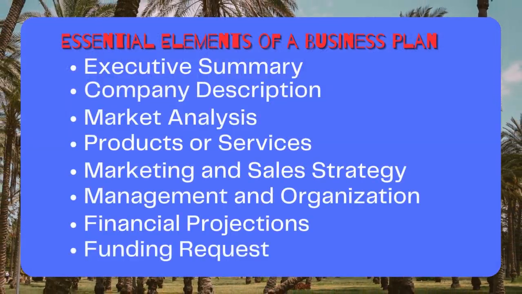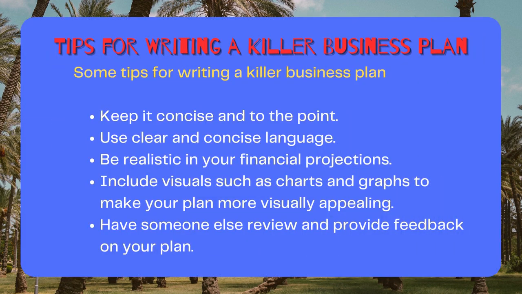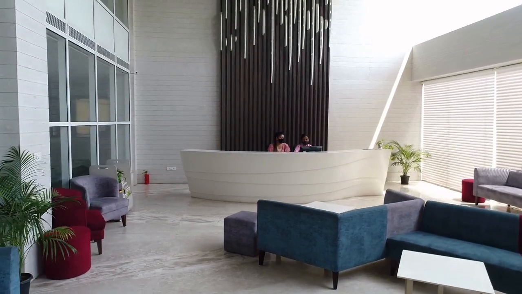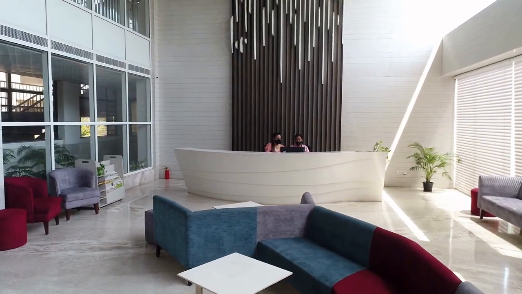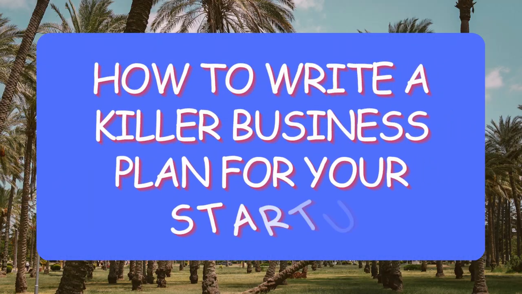Then the next thing we have to look at, guys, is market analysis. And what is this? The market analysis section of your business plan should demonstrate your understanding of the industry and market you will be operating in. So you have to understand the industry you're in. You have to understand the market. This section should include research on your target audience. So you have to research your audience. And you have to research your competitors. Who are your competitors? Who are you going to compete with or compete against? And you should know the industry trends.